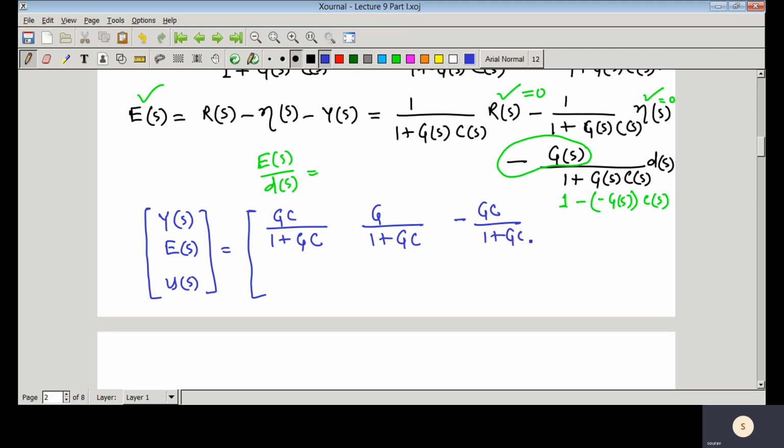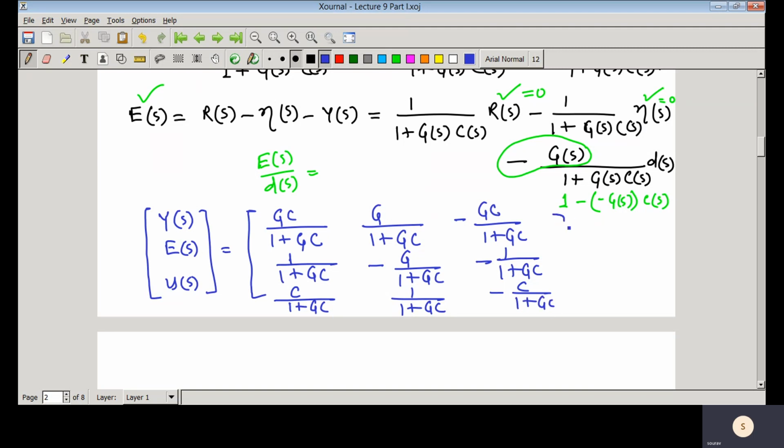So 1 plus GC, and here 1 plus GC, minus G by 1 plus GC, minus 1 by 1 plus GC, and here you have C by 1 plus GC, 1 by 1 plus GC, minus C by 1 plus GC. Here you have R(s),